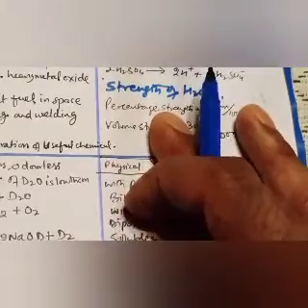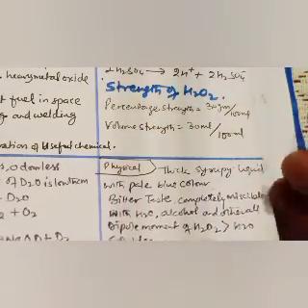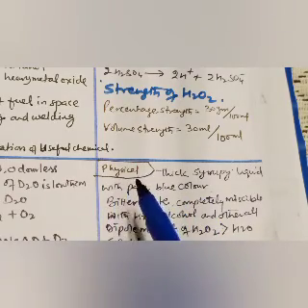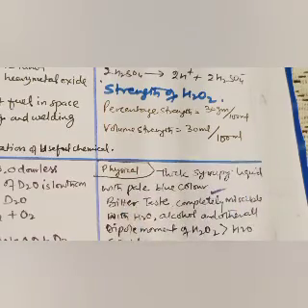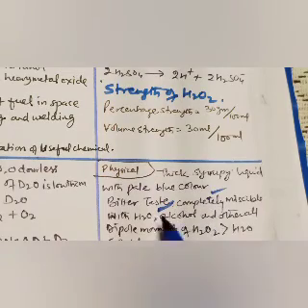If we talk about the physical properties, as with water and deuterium oxide, it is not colorless and odorless. It is a thick syrupy liquid with a pale blue color. It means that it is colored, with a bitter taste, slightly basic, and completely miscible with water. So completely miscible with water means